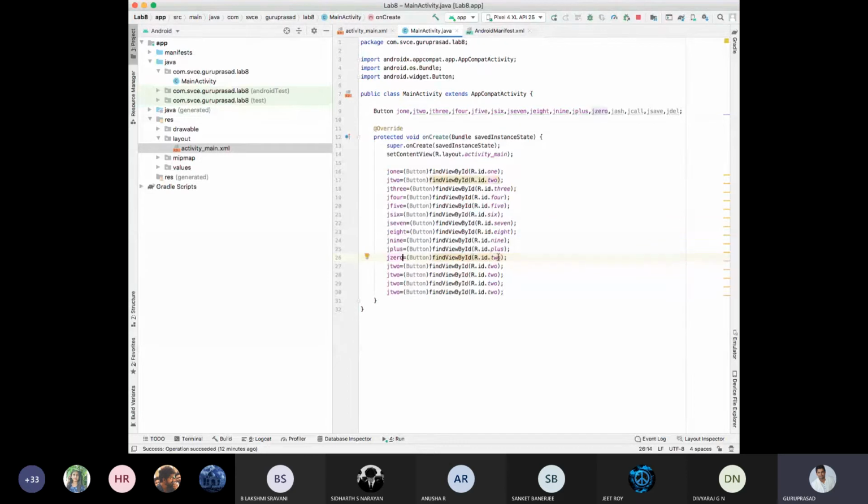Next, this is Java call, this is my call in XML. Java save, this is save, and this is Java delete, this is delete.